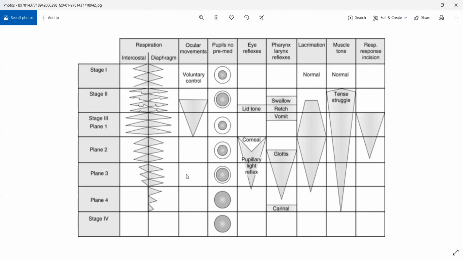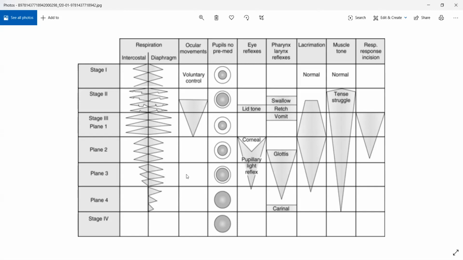When we talk about anesthetics, this is basically an agent that will cause reversible loss of sensation. Whenever we are trying to induce anesthesia, the goal is to give a reversible loss of sensation in a patient. Now, when we talk about anesthesia, you have to understand that there will be different stages of general anesthesia. When I refer to general anesthesia, it is affecting the patient as a whole, right? The sensation is completely lost, or that is what you're trying to achieve by giving a general anesthetic drug.